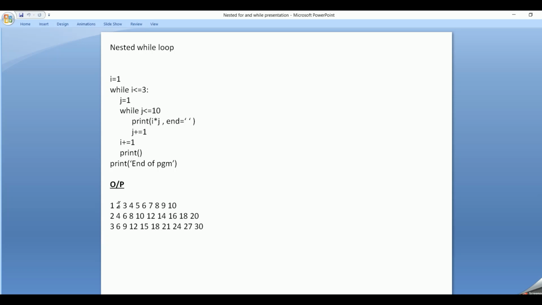So in this case the 2 multiplication table gets printed, and once it's printed, i increments to 3, and since it is equal to 3 it enters the loop where j reinitializes to 1 and it goes till 10. So we get the 3 multiplication table, and at the end we have given end of program, so that gets printed.